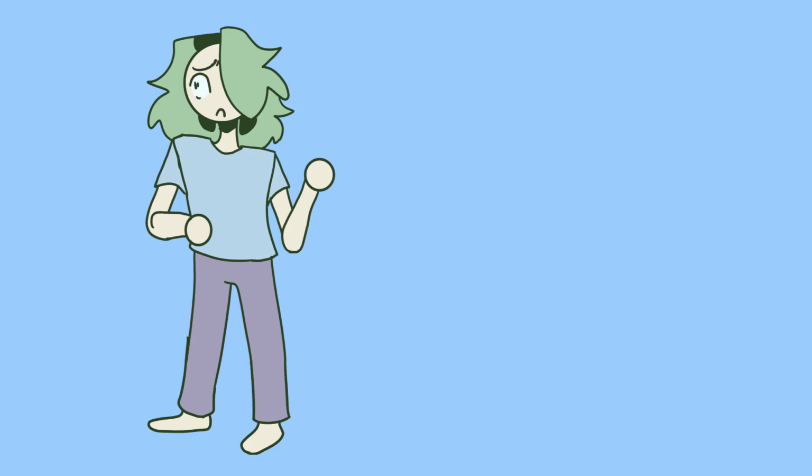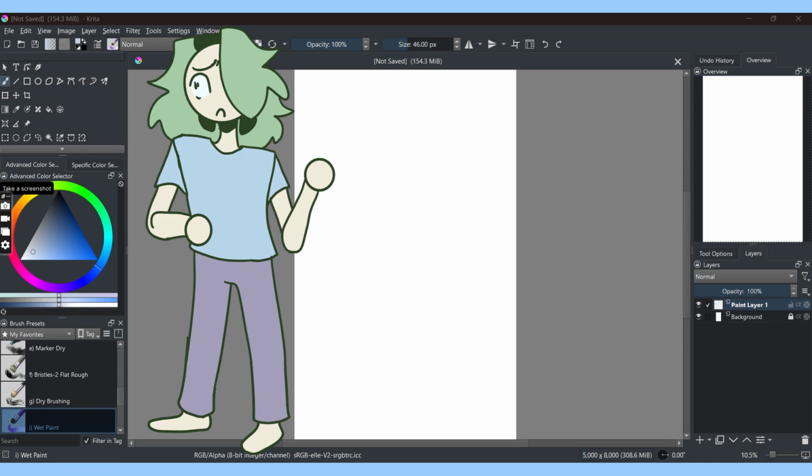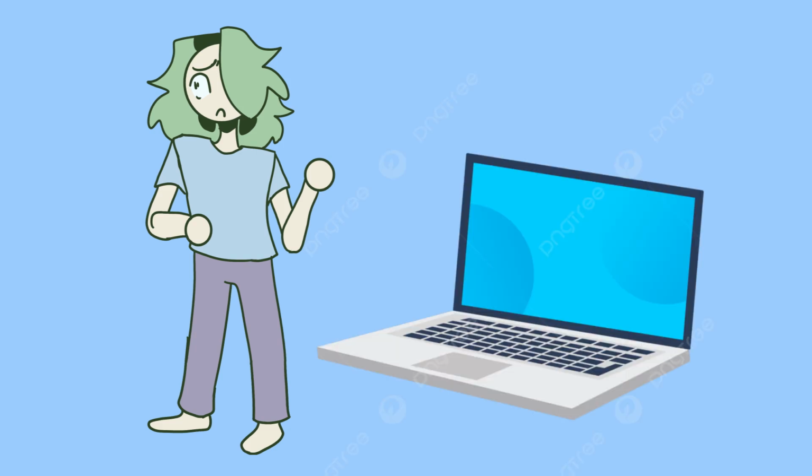Not only is it a bit complicated with its layout, and honestly, I would compare it to Photoshop with how complicated the layout is and getting used to where all the stuff is. But one of the other biggest downsides is that if you don't have a good computer, you might not even be able to run Krita. Krita is a very heavy program, and so it needs a lot of RAM and a very good core to be able to work. I have a GeForce RTX Intel Core i7 laptop, so it works pretty good for me,